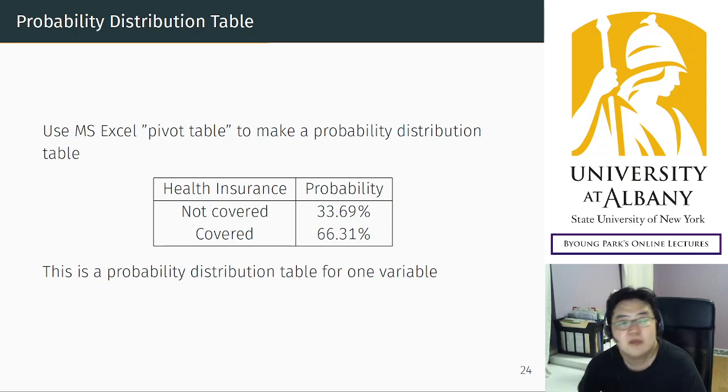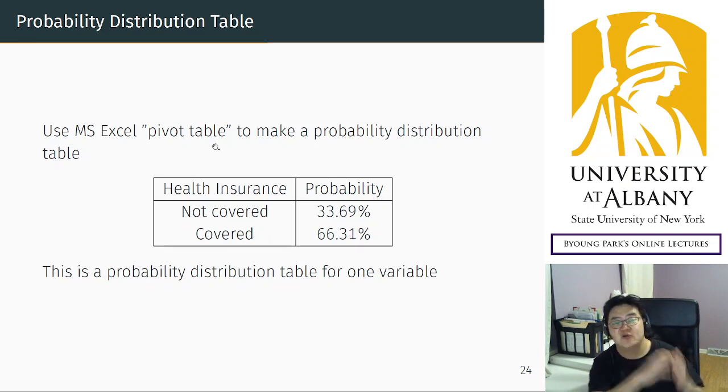Hello. So in the previous video, I demonstrated how to use the Excel pivot table function to make a frequency distribution table and a probability distribution table from the data. And it was simple, and it is really useful. I'm telling you, you don't need to know the theory that I'm teaching, as long as you can pass this course, but Excel is much more important in your career,